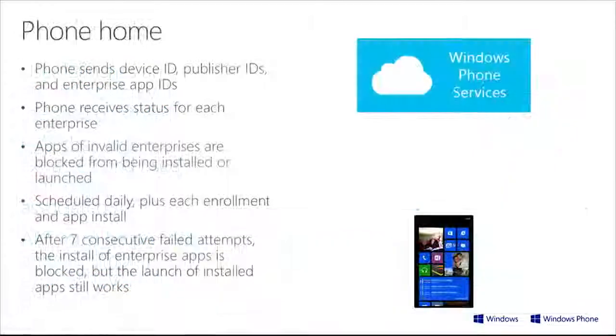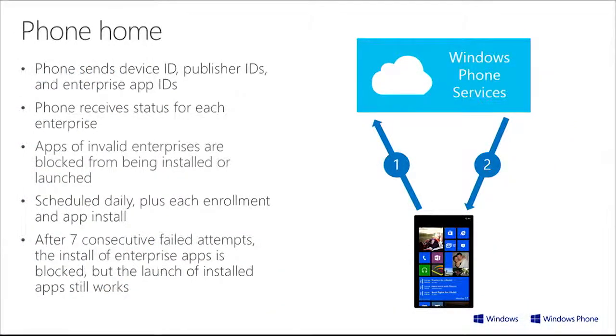We call it the phone home functionality. Every 24 hours, or every time you install an application, the phone phones home to Microsoft and checks if the token is still valid. If the token is not valid, or if the phone can't reach home, because you're working on a cruise ship or somewhere down in the forest doing some really important work,